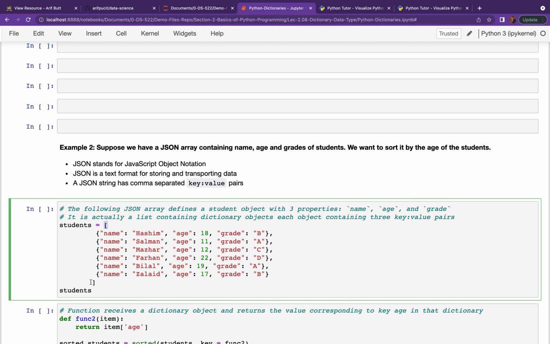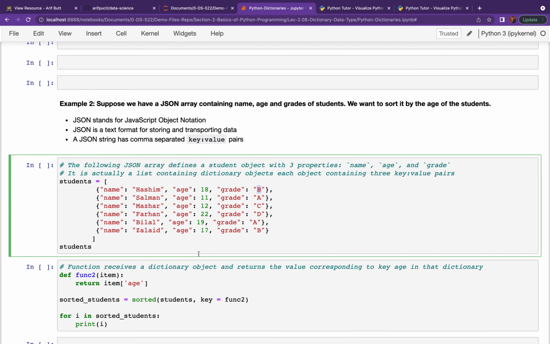You can see the brackets over here, and each component of the list is a dictionary object containing three comma separated key value pairs. Name Hashim, this is the key, this is the value, this is the second key, second value, this is the third key and third value. Okay, anyway, so this is a sort of a JSON list, and I want to sort it by this age.